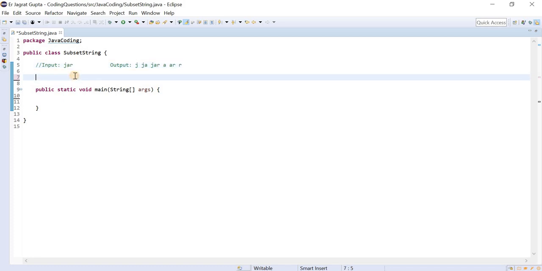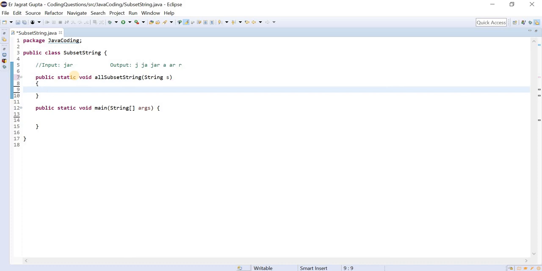Okay, so let's start, and let me tell you how we can proceed. We will revise this concept again. So public static void, and you would say all subset string. Here I would pass the string like this.